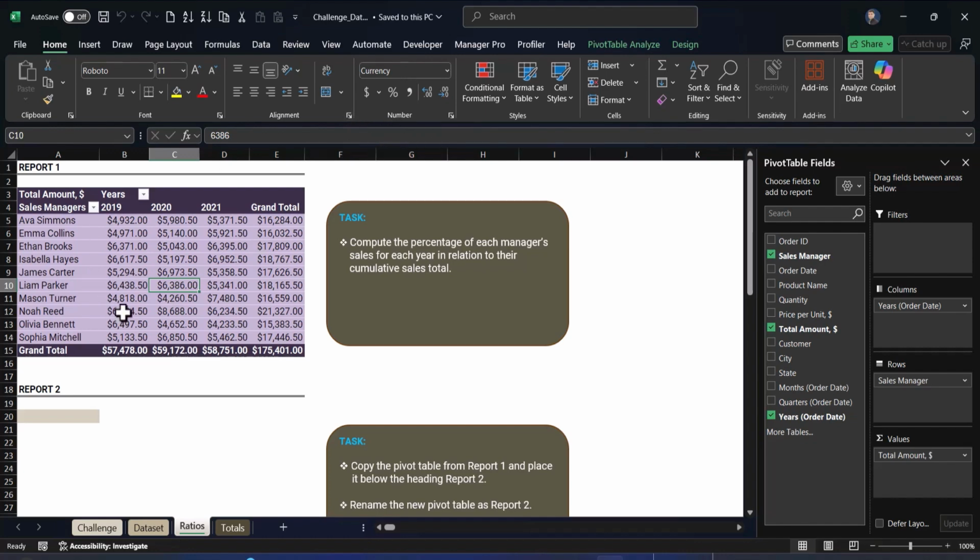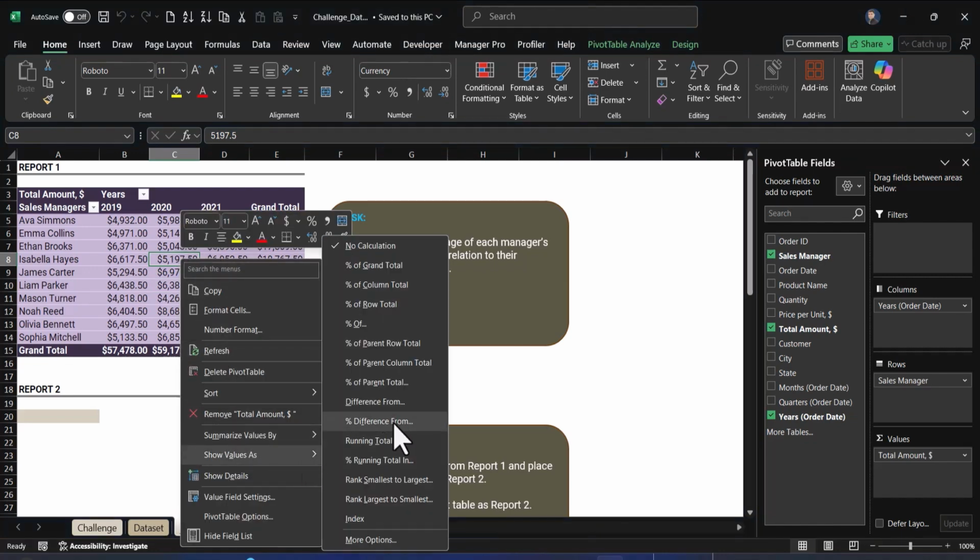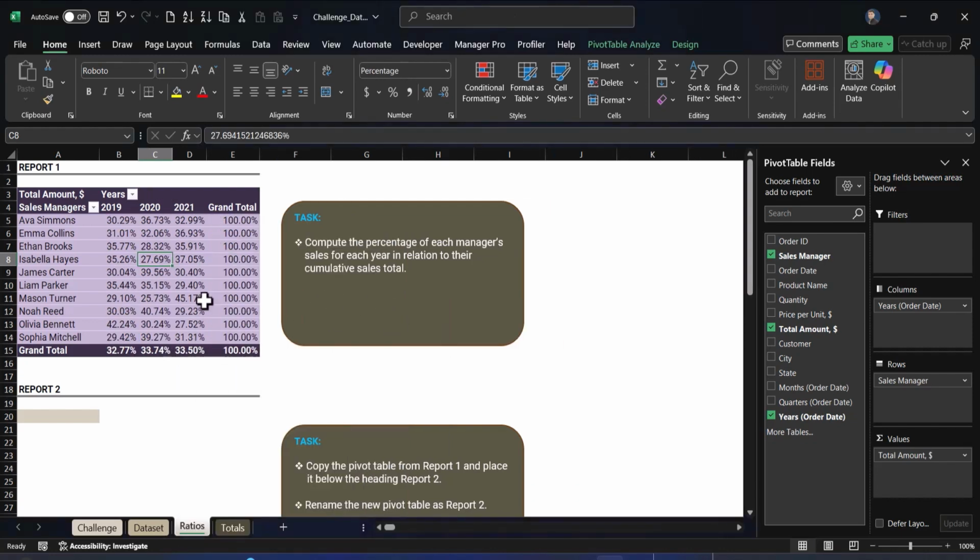This is going to be easy. It's going to take a couple of clicks. Let's right-click on this table, and instead of showing these dollar amounts as dollars, we'll show the values as a percentage of row total. When we do that, immediately you can see the percentage of sales for each sales manager